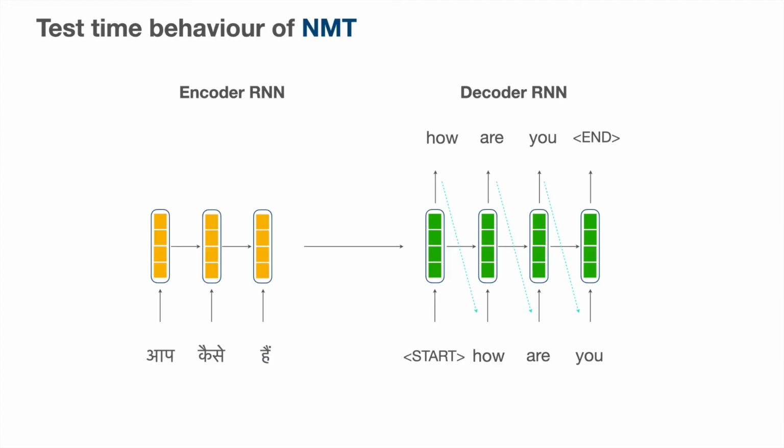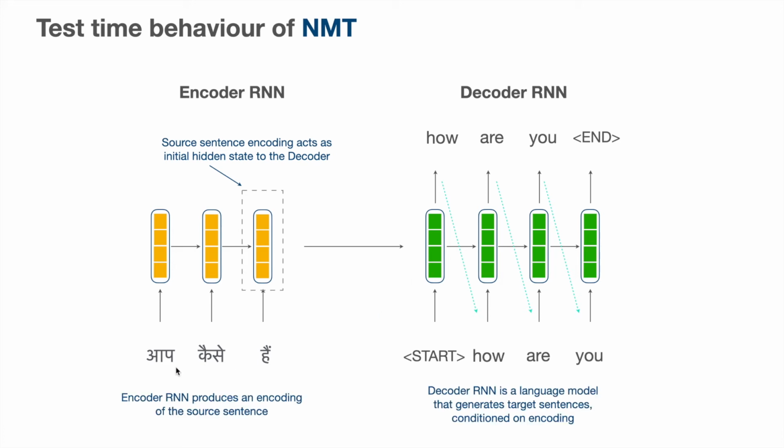Let's see an example. Imagine we have already trained NMT systems, and this is how it would behave at test time. At different time steps, we provide the words from the source sentence, and the last hidden state will have the encoding of this entire sentence. And this encoding acts as the initial hidden state to the decoder here. And this will produce output, the first output "how", and that will be directly fed into the next hidden state. That will produce the next word "are", and that is again fed into the next hidden state, and it continues.